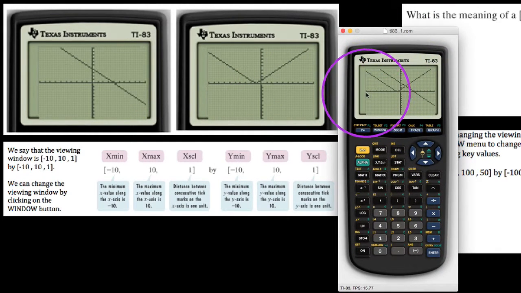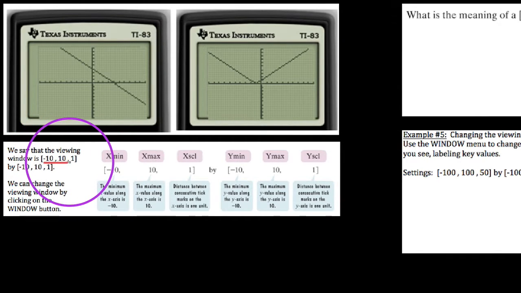starting with, I noticed that this viewing window, if you look at this right here, says negative 10, positive 10, 1, and negative 10, positive 10, 1, and we often list it this way, but what it's really indicating is the minimum x value along the x-axis is negative 10. So on both of these pictures here, you can see that negative 10 is as far left as it's going, okay, and it goes to positive 10. So that's going to be our x max on the right side there. But x min is our negative 10, x max is our positive 10,